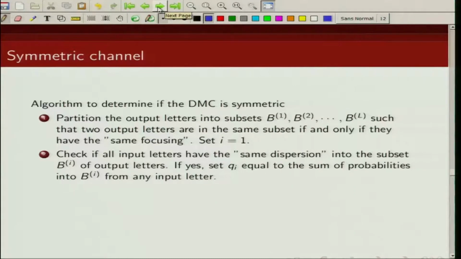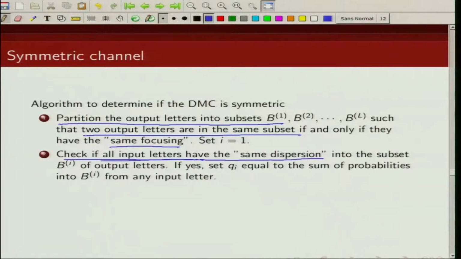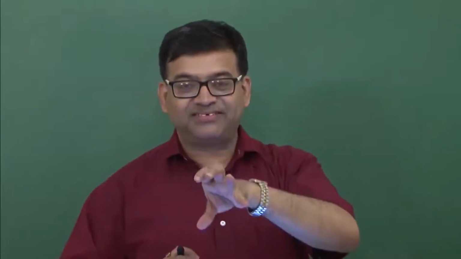So what we are saying is you partition your output letters into subsets B1, B2, up to BL, such that two output letters are in the same subset if and only if they have the same focusing. Now the next thing we need to do is check if all input letters have the same dispersion into the subset Bi of output letters. So once we partition the output into L sets where within each set they have the same focusing,